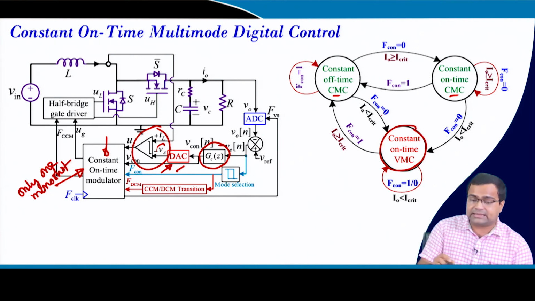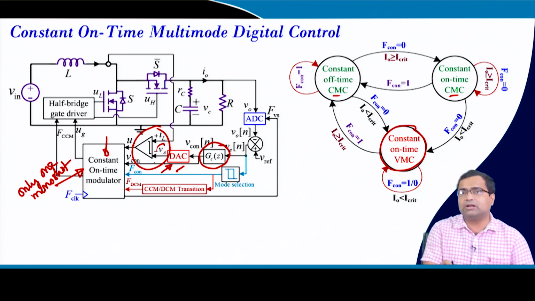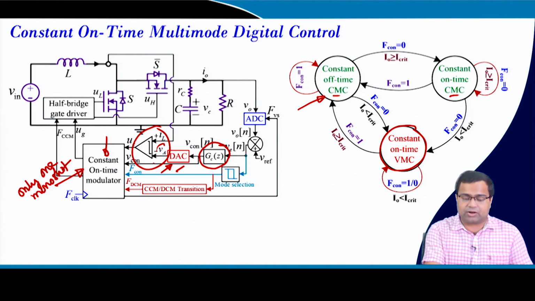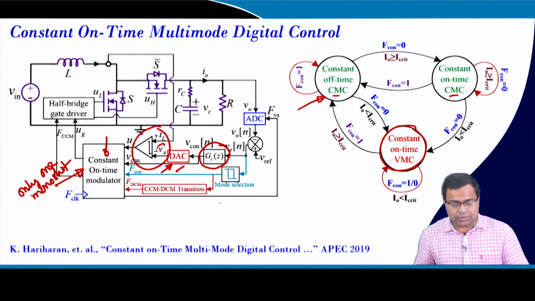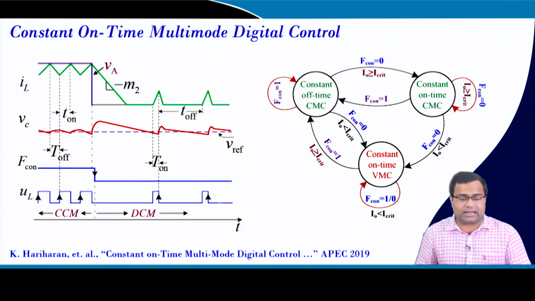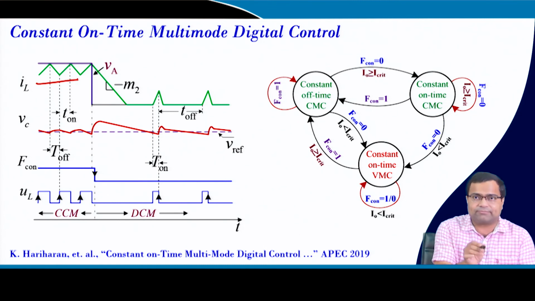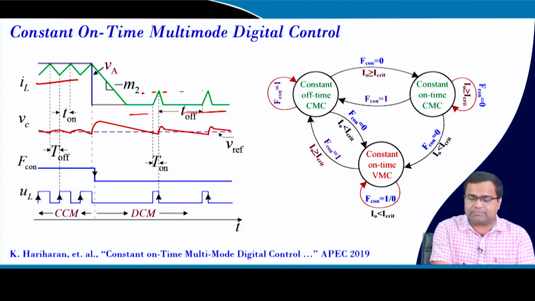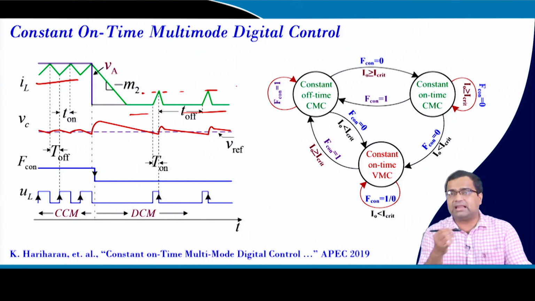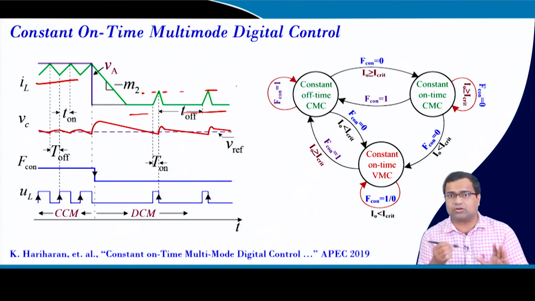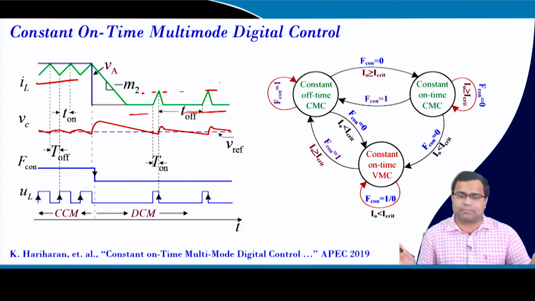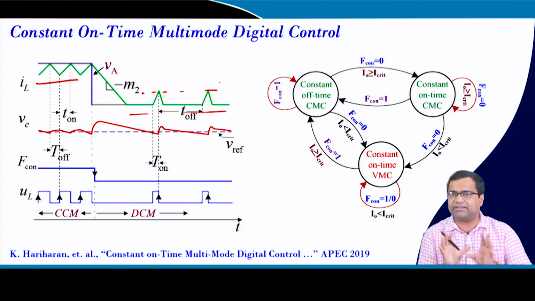In this technique the whole modulator can be configured and you can adjust the on time using an all digital PLL. That means under high load it will be constant off time, light load it is constant on time, and you can use a peak current based approach because you are generating the peak reference from the digital controller. So, you can use a current based PFM so that it takes care of the ripple, efficiency, everything that we have discussed.